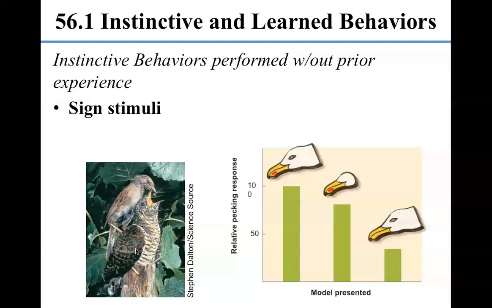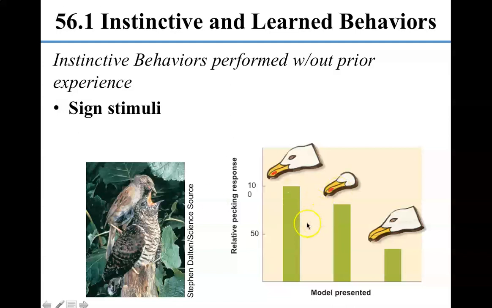And when the mom comes back, she sees this baby in her nest, and the baby opens its mouth and she sees the orange portion of its mouth, and it triggers a fixed action pattern. So the open mouth serves as a sign stimulus, and it triggers a fixed action pattern where she drops food into its open jaws. So this is an example of a situation where a parasite, the cowbird, can take advantage of a fixed action pattern. It's basically like inserting itself into the sequence and knowing that it's going to get a benefit. It's going to get fed by the bird even though it's not its offspring.